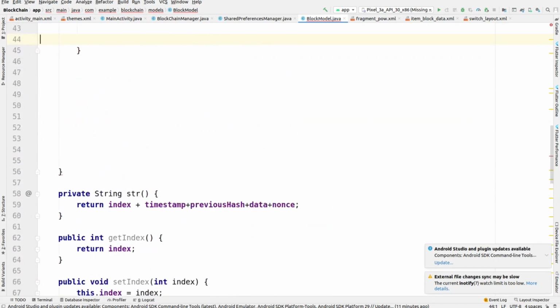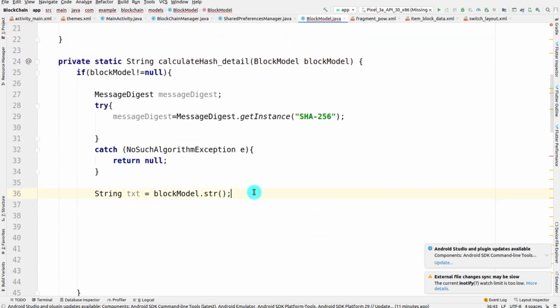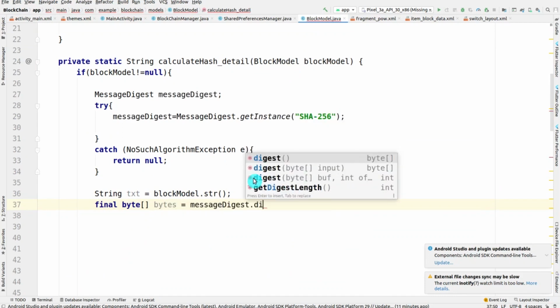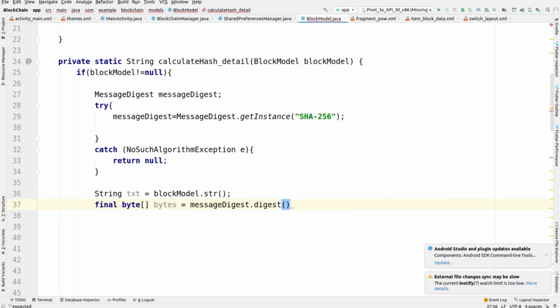Here you can see that now there is a need for a final byte array, and let me make it messageDigest.digest. Within this we are passing txt.getBytes.